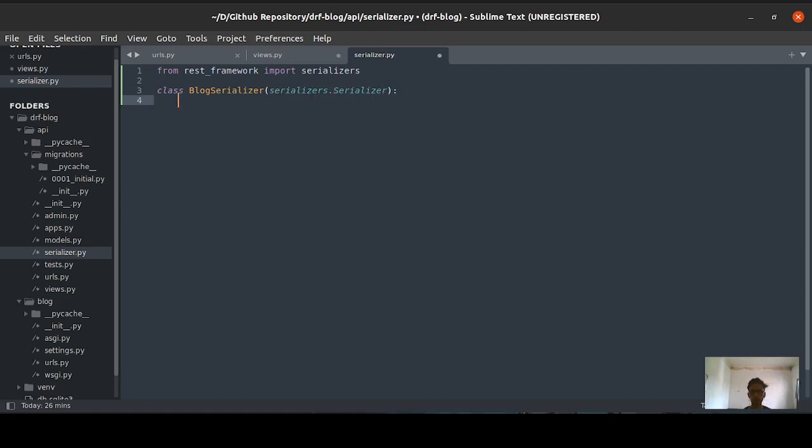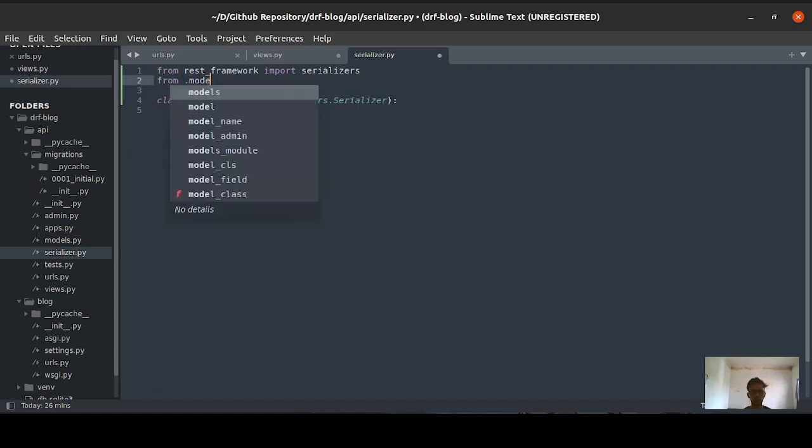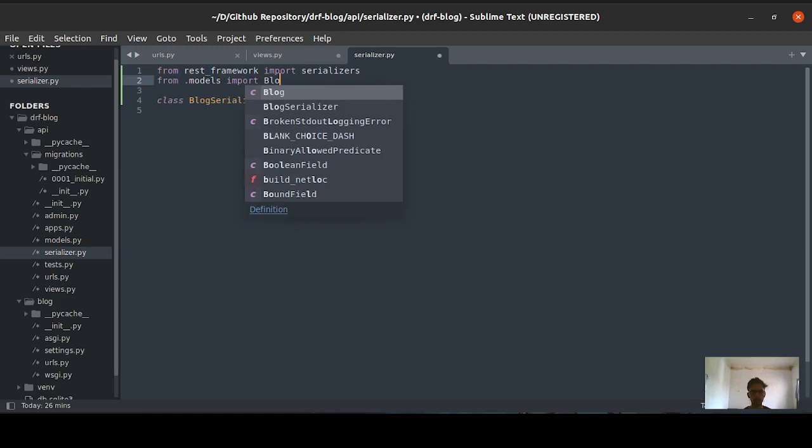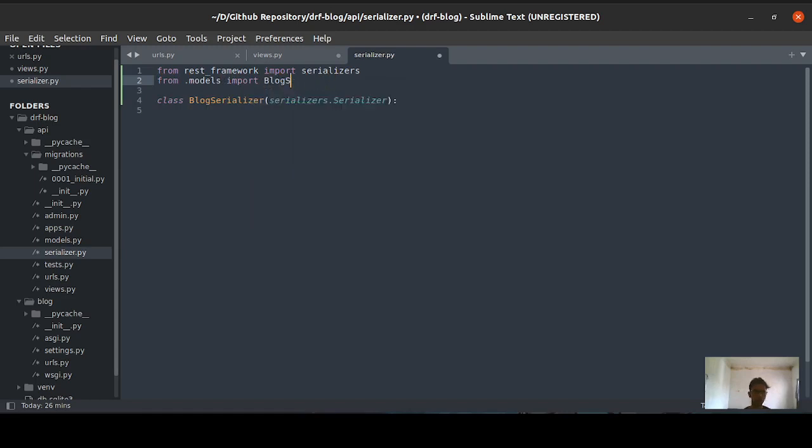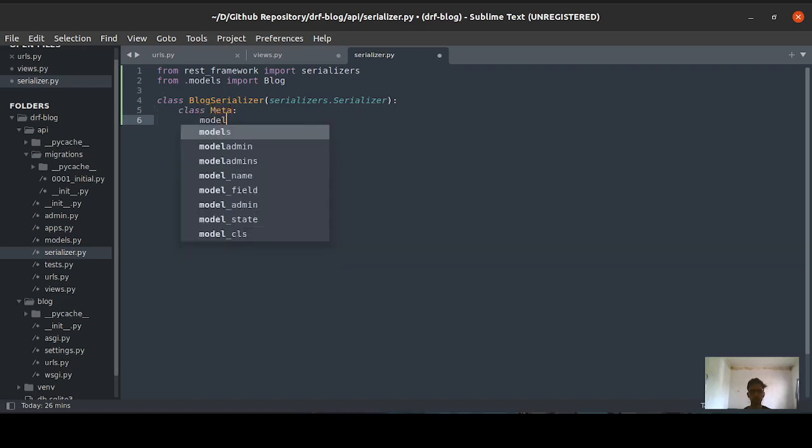What you need to do here is grab your models and pass that model to this class. So let me import the model as well. We have imported the Blog model. Here you will define the Meta class, with the attributes you are looking for.